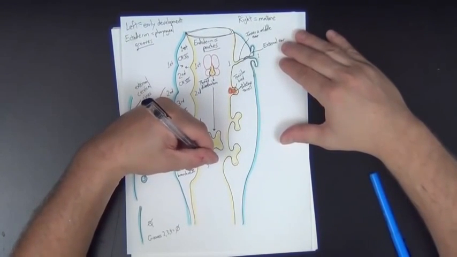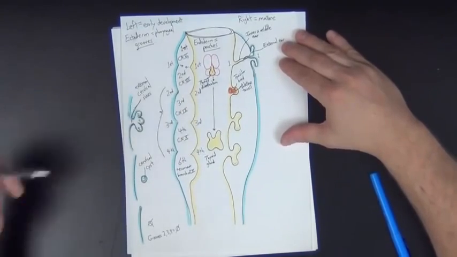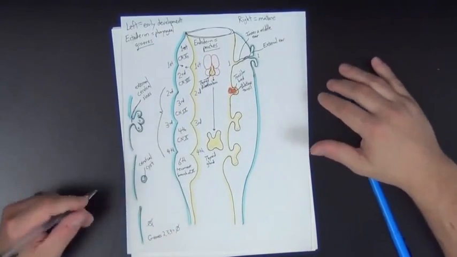I bring that up first because these third and fourth pouches contribute things related to the thyroid